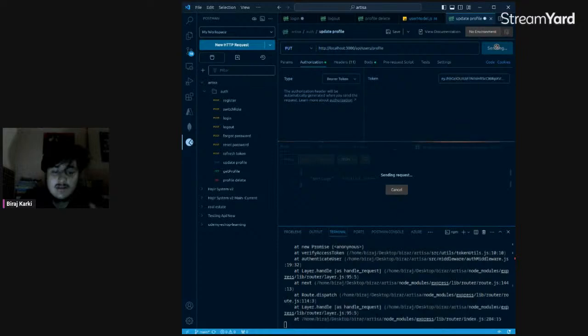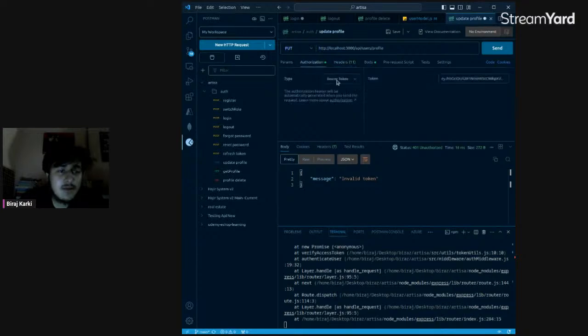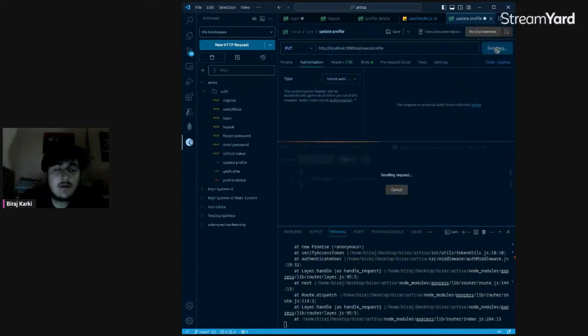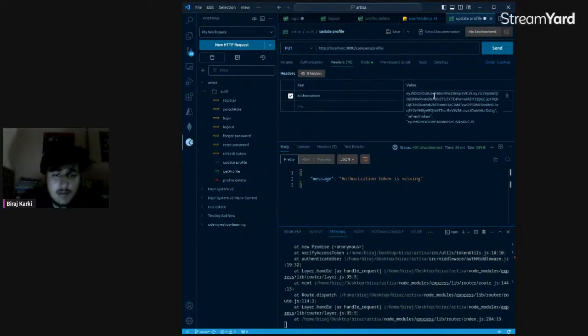If I click on this after adding the token, okay, let me add it here. And what I need to do is, let me inherit from my parent. If I click send, it is asking me for the token, it is missing. I think I have added the token here. So let me send again. Authorization token is missing. Why is it saying the authorization token is missing? It was working just fine, bro. I think this token is